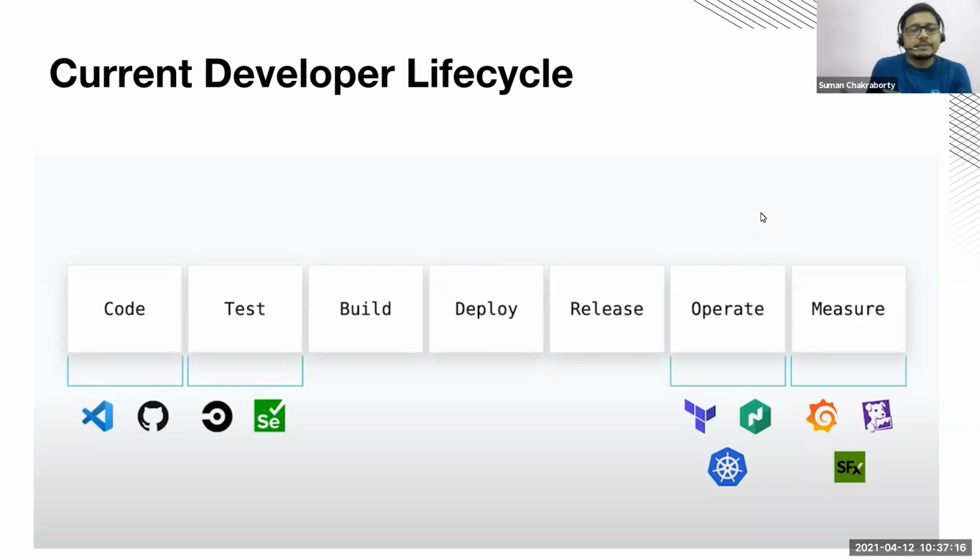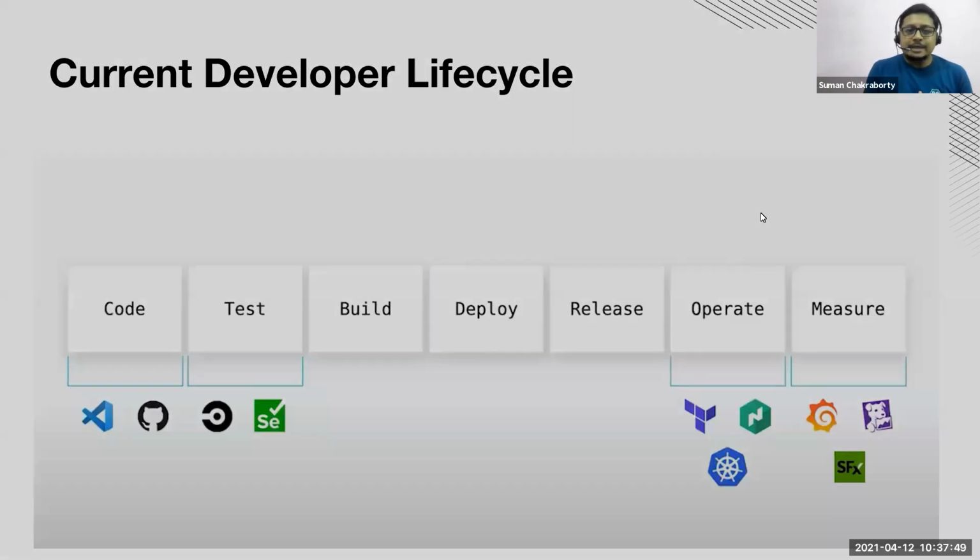And on the right hand side, when we talk about how the code has to be deployed, then specific to the type of deployment, whether it's a VM based deployment or a container based deployment, you have a set of tools such as Kubernetes, Docker Swarm, Terraform, and Nomad. And once the application gets onboarded onto the platform, you rely on observability and monitoring tools such as Grafana, Prometheus, and Datadog that take care of ensuring that your application is running fine.